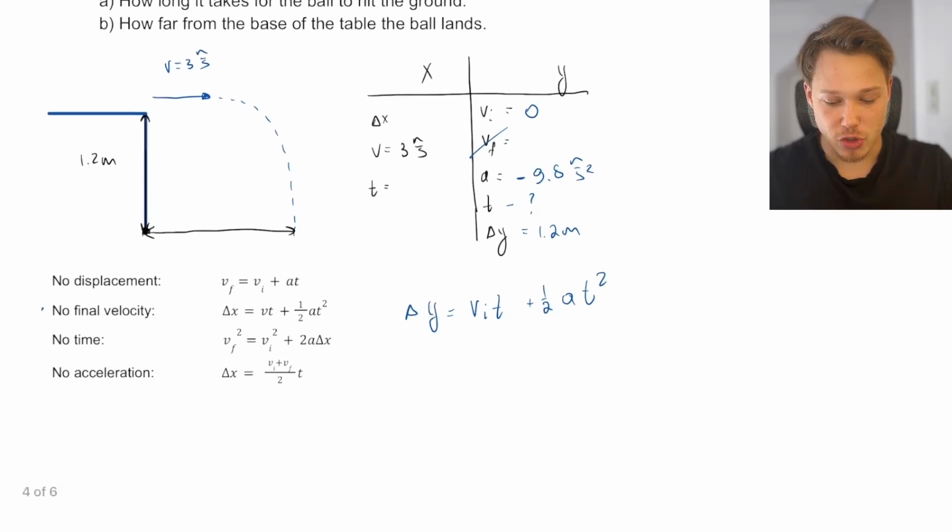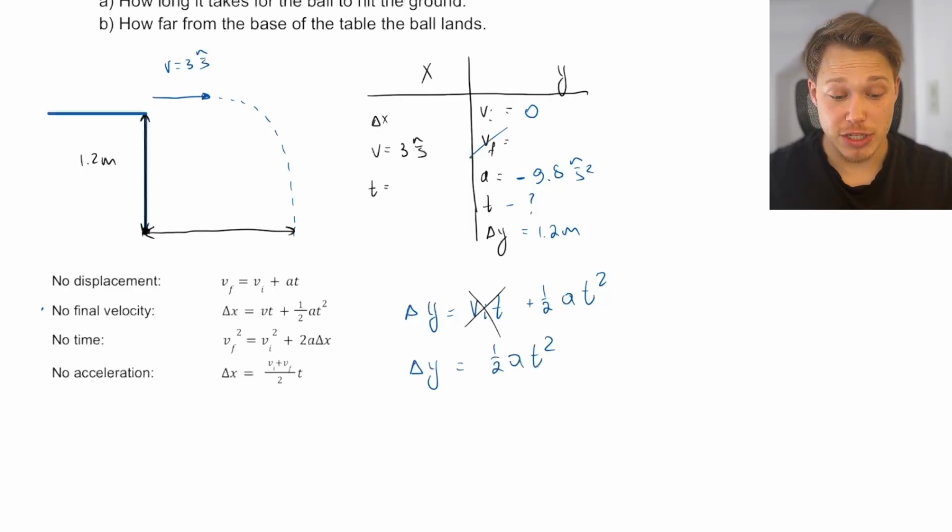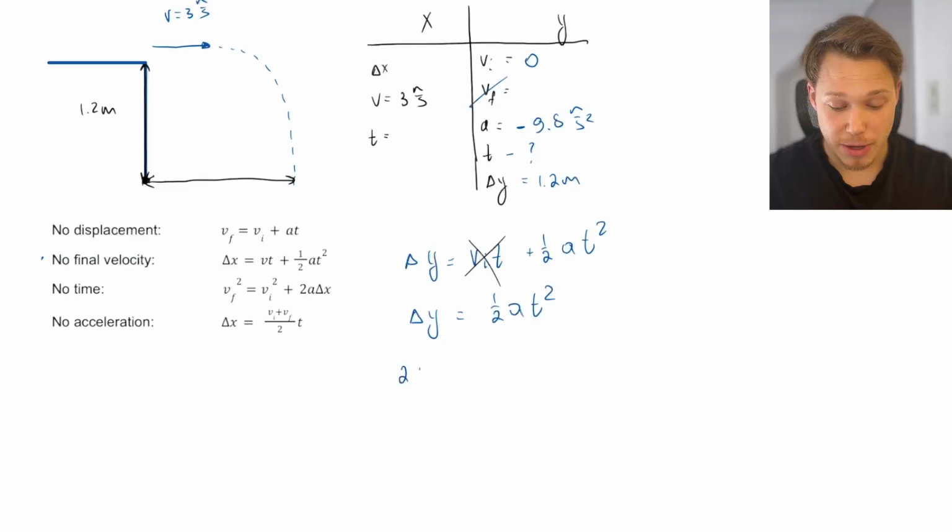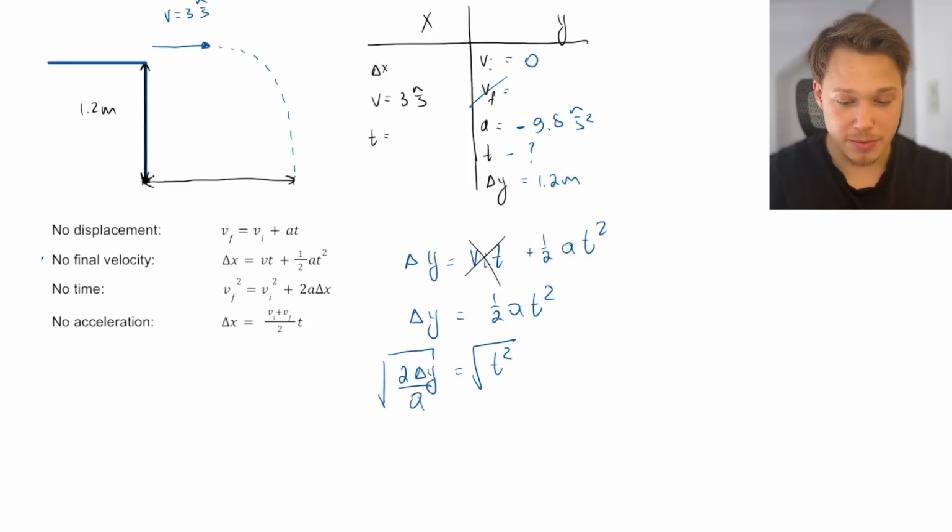The only thing that's left is just to plug in all the quantities. Let's see, initial velocity is 0. Therefore, this term right here, 0 times t, will cancel out. And it's just going to be delta y is equal to 1/2 a t squared. Let me rearrange this equation for time. So I will multiply both sides by 2 and divide by delta y. I will divide both sides by acceleration. And then I will take a square root of both sides to find what the time is. So here we'll cancel out. So it's 2 times negative